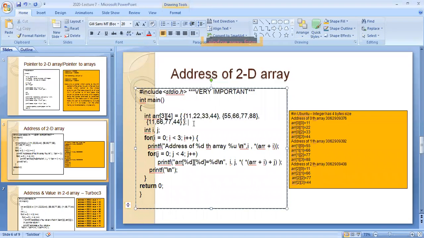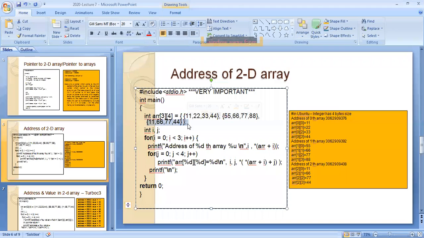So that means you are going to consider an array of 3 cross 4. That means 3 rows and 4 columns. So 3 rows, 4 columns means how many elements? 3 into 4 is equal to 12 elements. Now you see. Now I will be going for rows. For each row, there will be one address. For this row, there will be one address. For this row, there will be one address.